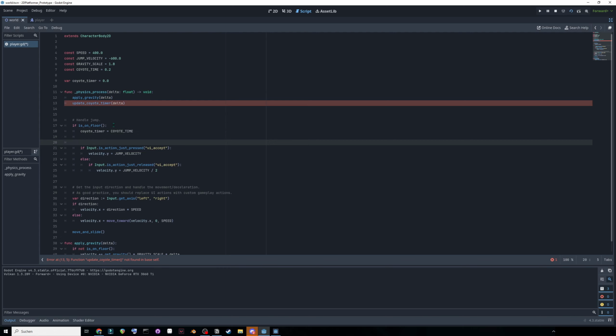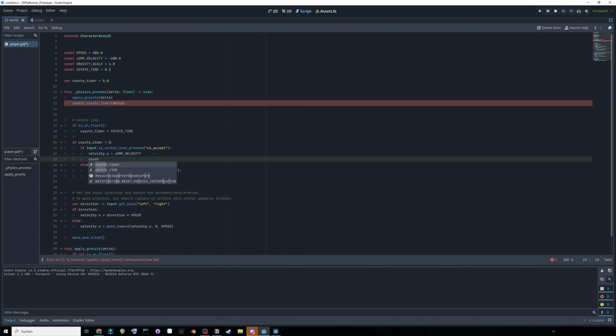So if coyote timer, then if is action just pressed, jump velocity, and then we need a coyote timer,